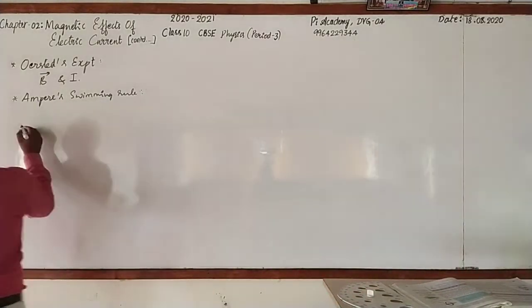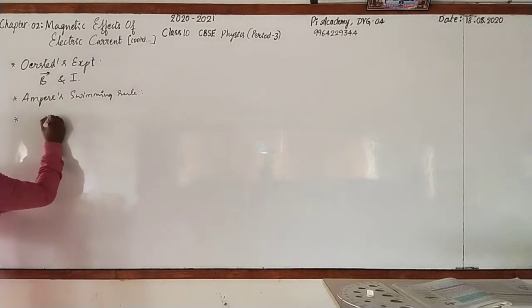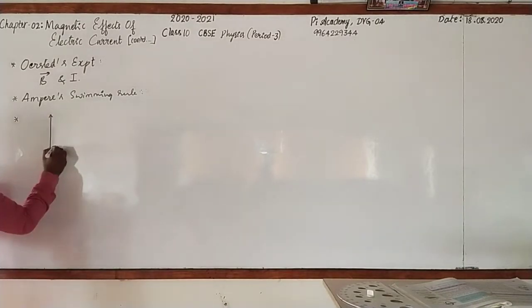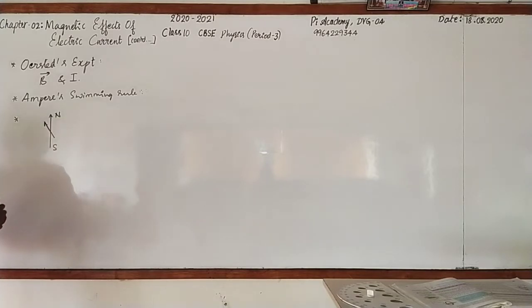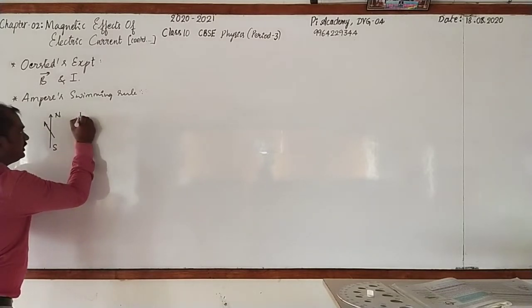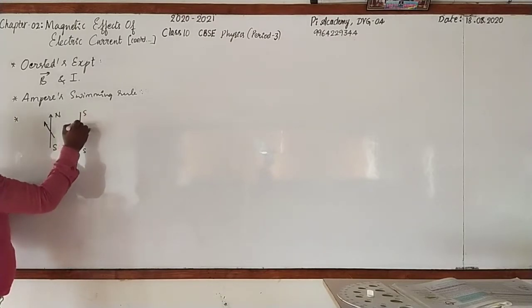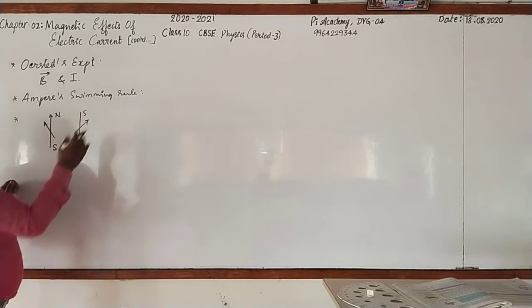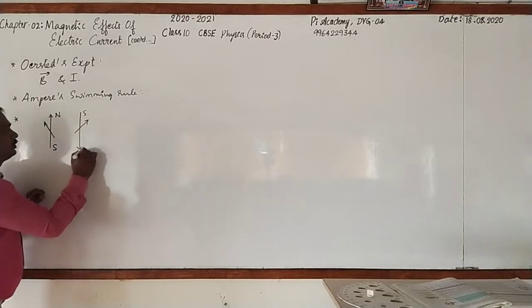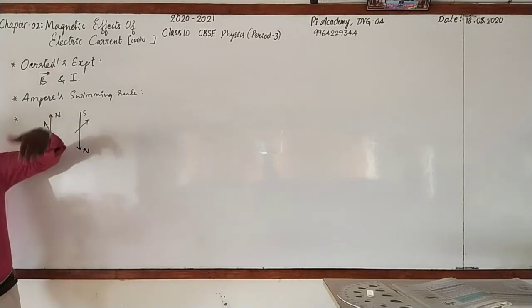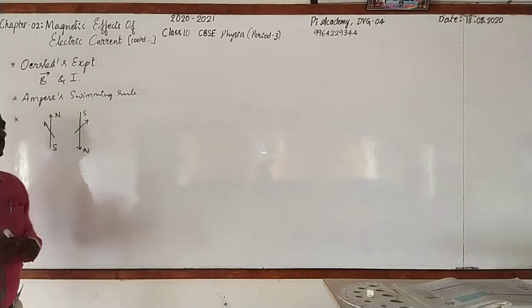And then even we have come across when the current is flowing from south to north, what will be the direction of the deflection of the magnetic needle? Yes, it is towards the left side. If the current is flowing from north to south, then the direction of deflection will be on the right side. But when you observe from south to north, from there again it will be on the left side, right?